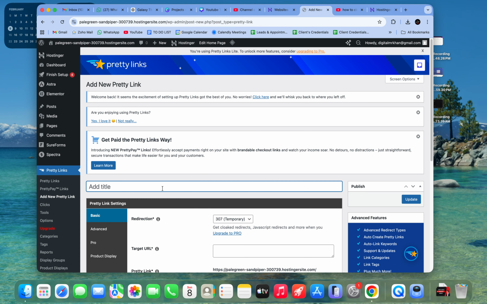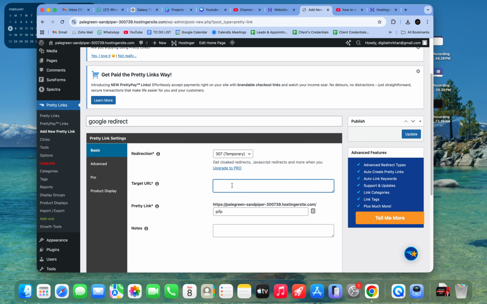You can give it a name like Google redirect or something, because I'm going to give you an example link here, so I'm giving it the name Google redirect. So the target URL will be google.com. For google.com I'm creating a cloak, or you can say a redirect,